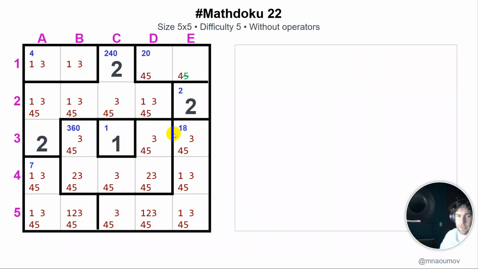But we start from this cage E3. We have 18, which can be a sum or a product. Let's discuss whether it can be a product. From these 3 cells, for sure one of them will be 4 or 5, or even both. At least one of these 3 cells is 4 or 5, and neither divides 18, so that's impossible. So this is not